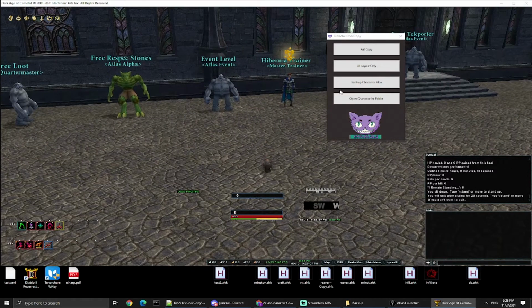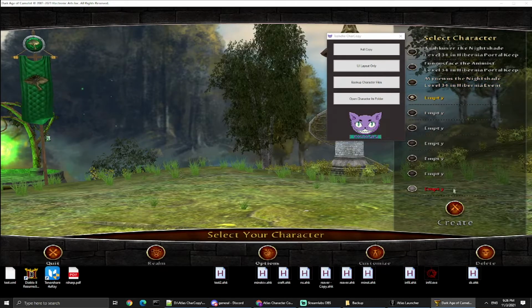So we're going to go ahead and quit out now. And I'll do a full copy to a non-Nightshade so that you can see the UI and the qbinds will be the same, but these icons will be weird, and you'll just have to remove all the abilities off of your bar. So we're just going to quit out. We're going to create